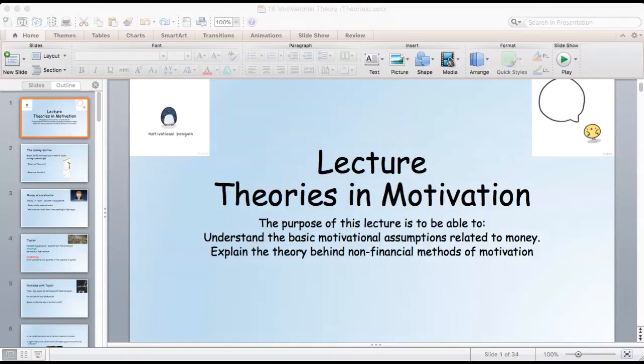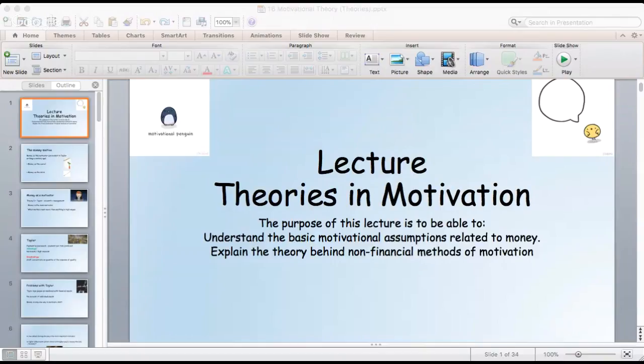So what research actually shows is that there's massive limitations to Taylor's approach, leading to the rise of the human relations perspective. The Hawthorne studies was research conducted between 1927 and 1932, and it seemed to show that financial rewards had little or no effect on productivity. It was instead working together and interest shown in the work that increased output. So basically, financial rewards, so pay and bonuses and things like that, only have a very small effect on productivity.